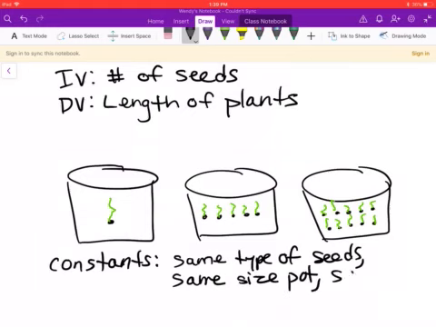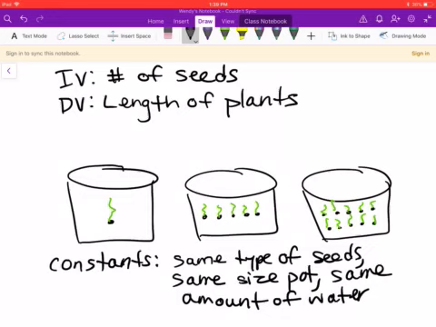I have the same amount of water. And other things could be the amount of sunlight. It might be where they're located in the classroom, so temperature controlled. That way you know the only thing that is affecting the growth of the seeds is the number of seeds